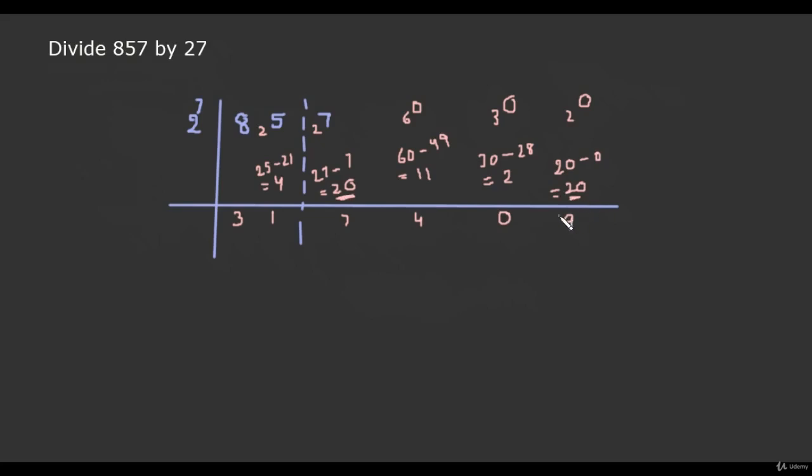So again we will start getting 7 and then 4 and then 0, then 7, then 4, like this. Because 27 is such a number which is going to give us recurrent decimal places. So the answer will be 31.740740 like this. So I hope this lecture is useful to explain to you how to handle such kinds of problems.